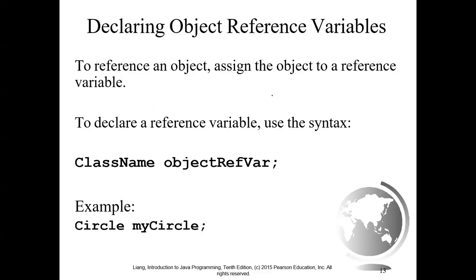And let's see what declaring object reference variables is. To reference an object, assign the object to a reference variable. We can use such syntax, right? A class name, then the object reference variable. For example, Circle myCircle. Actually, I know it's a little bit abstract for you to understand what a reference is. We say a reference is like a pointer in C++. That means we have a name right here, right? myCircle. And usually we create our